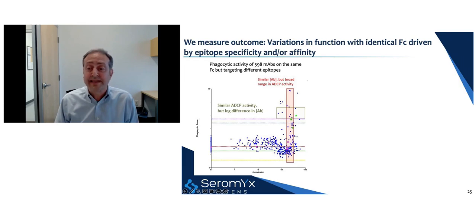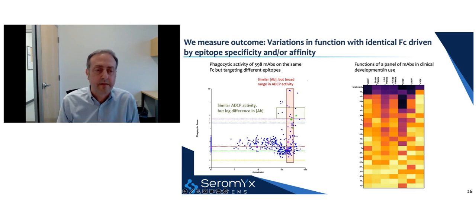The red bar highlights that for a given concentration, the range of maximal phagocytic activity is large, even though all these antibodies share the same Fc. So testing is required to find antibodies with high function, and even then, the antibody concentration that supports high function can vary widely, as illustrated by data in the green box. This is true for other antibodies as well. We have found the same